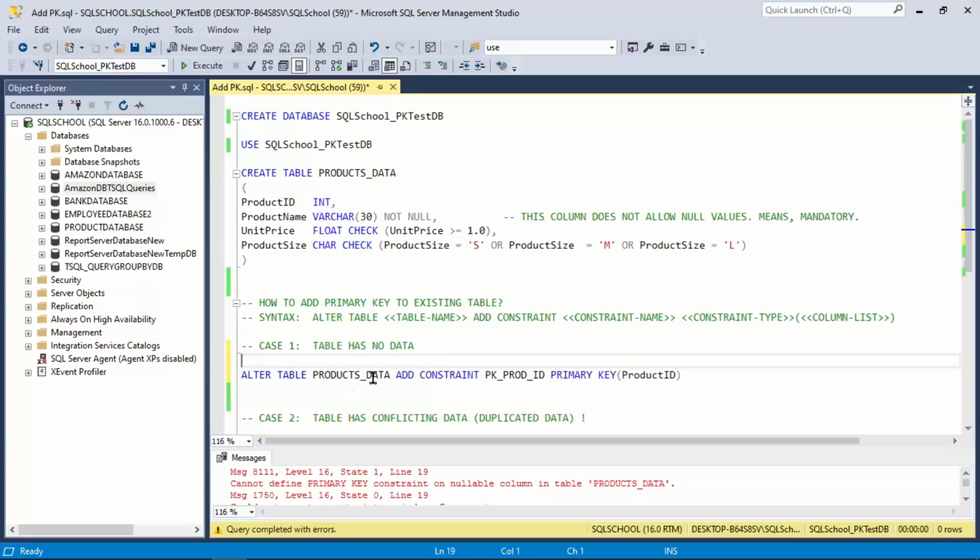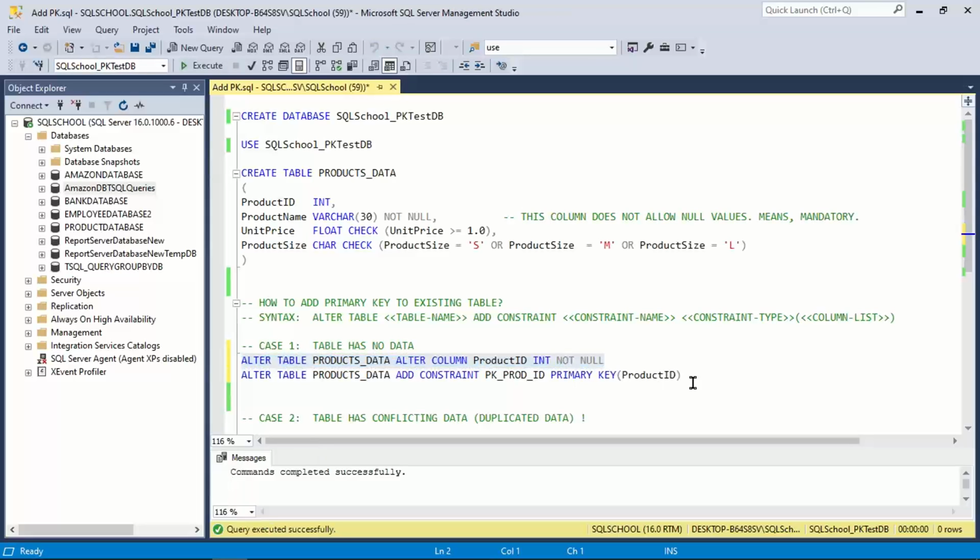So alter table name, alter column, column name. Which column? This column. Alter column name, its data type, make it not null. First you make it not null, then you add the primary key. It works.